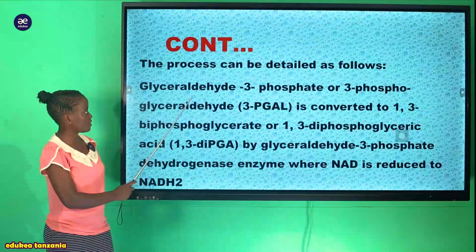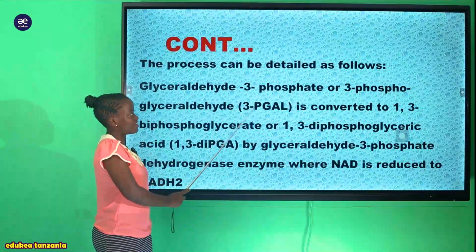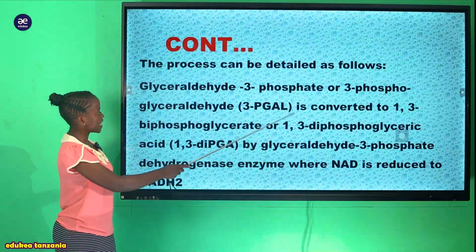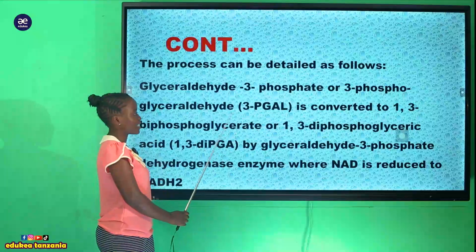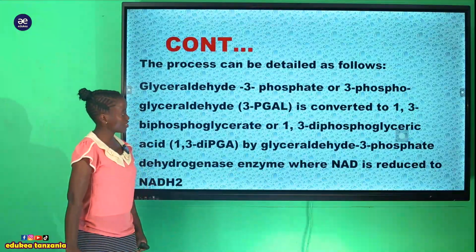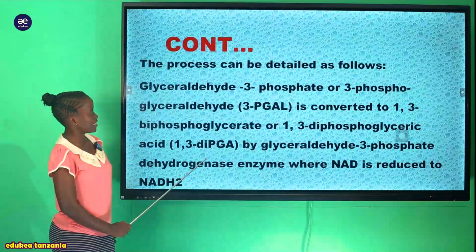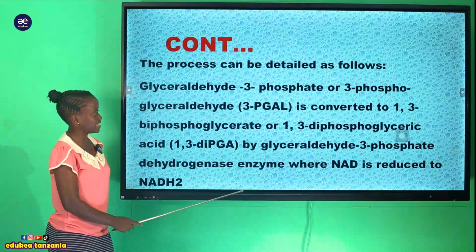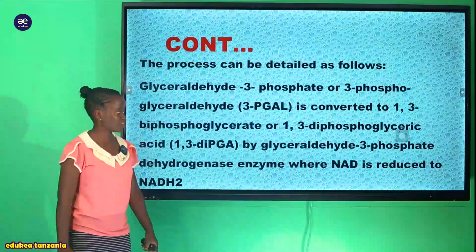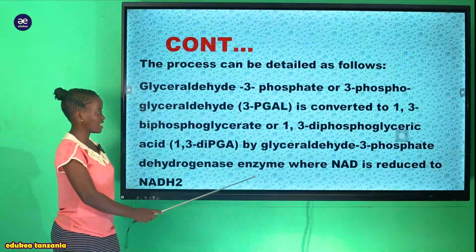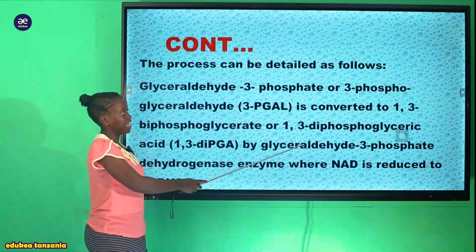So hapa ndipo tunasema kwamba hii molecule 3 carbon sugar ambayo tunaita glyceraldehyde 3 phosphate tunaiconvert kuja kupata biphosphoglycerate. So this biphosphoglycerate ambayo tunaita 1,3 diphosphoglycerate by huyu enzyme ambaye anaitwa glyceraldehyde 3 phosphate dehydrogenase enzyme, meaning that huyu enzyme ndiye ambaye ataconvert,